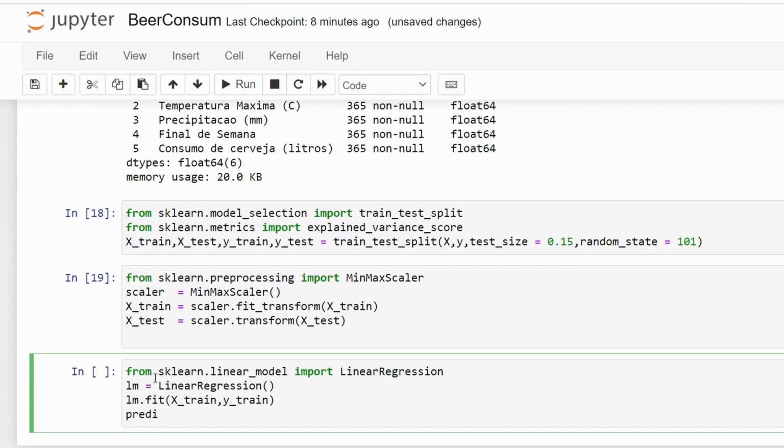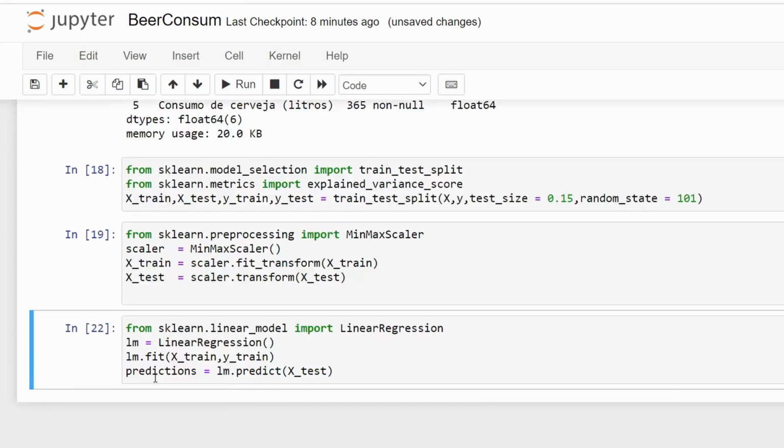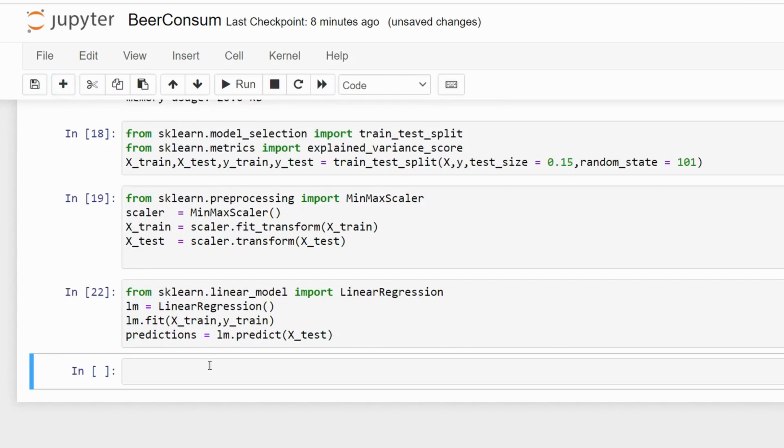Predictions is equal to lm.predict(X_test). Okay, it can give you an error the first time, but if you run it again, then it will not give you errors. So we have our predictions.